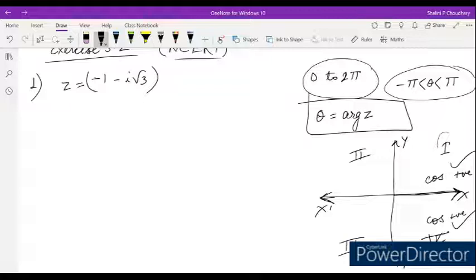Now, sin theta depends on the y-axis, so y will be positive in the first and second quadrant, because in the first and second quadrant y is positive. So here sin is positive and here also sin is positive. Now, this is the quadrant in which cos and sin both are negative, because x dash and y dash are both negative, so sin is negative and cos is negative.